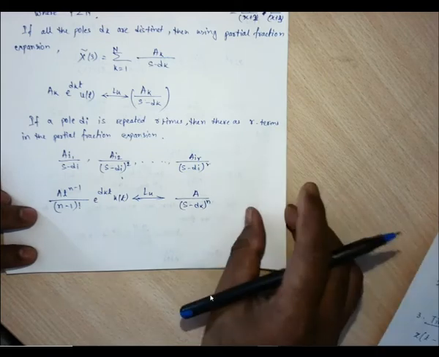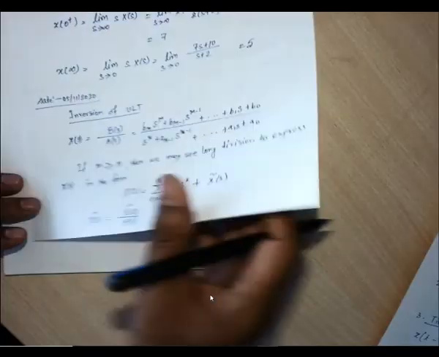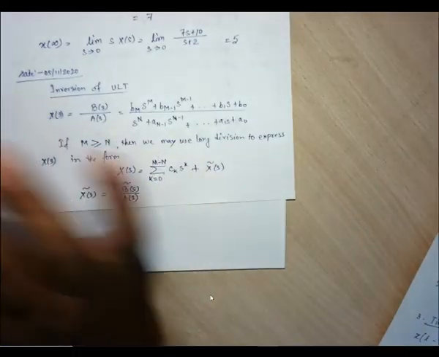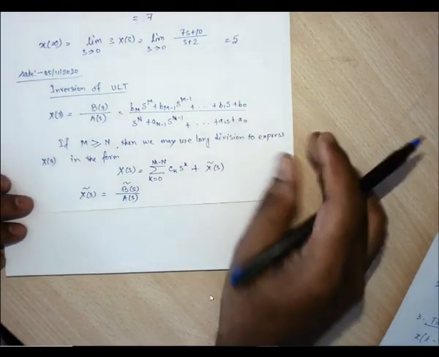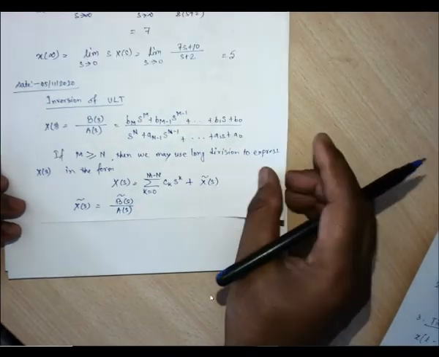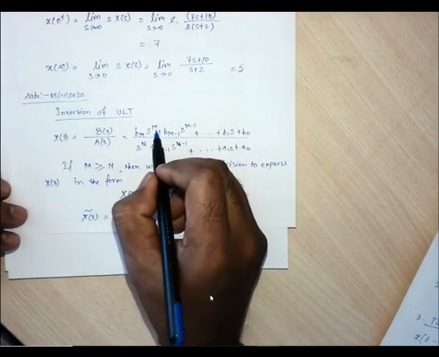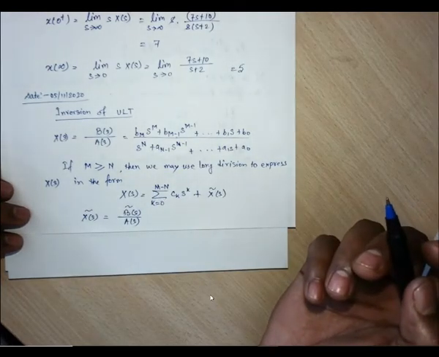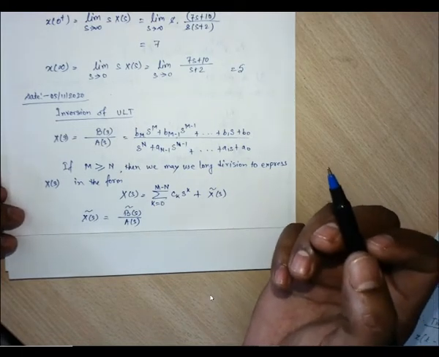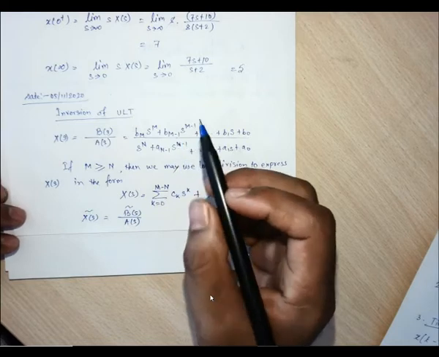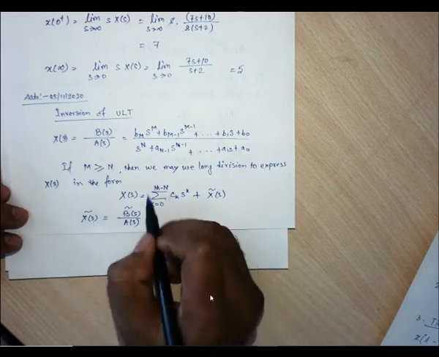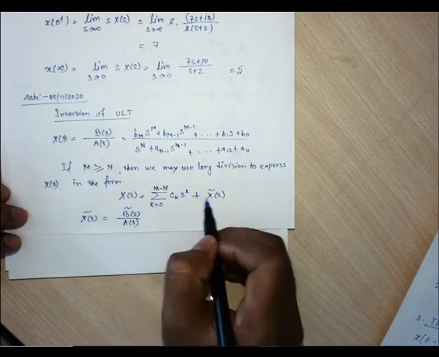Okay, so let us solve a problem regarding that. What we did basically, starting from the beginning, is that we already have a Laplace transformation with us. In it, the order of the numerator polynomial is greater than the order of the denominator polynomial. For that case, we need to go with long division to decrease the order of the numerator polynomial. So we divided and got this result, and this is the remainder part. We need to find the inverse Laplace transformation of this as well as this.